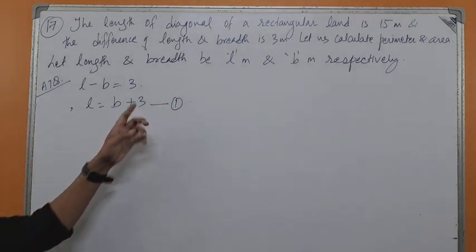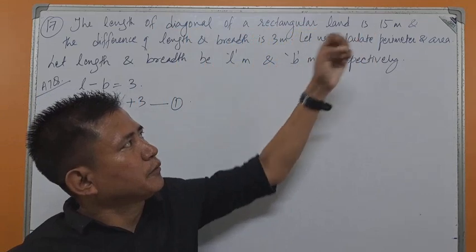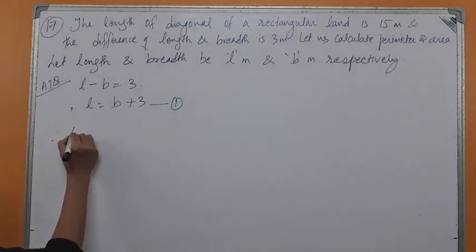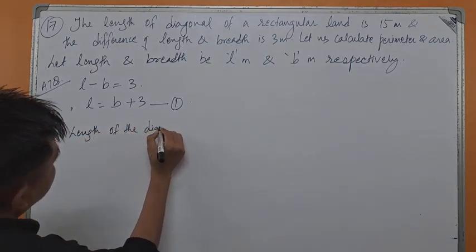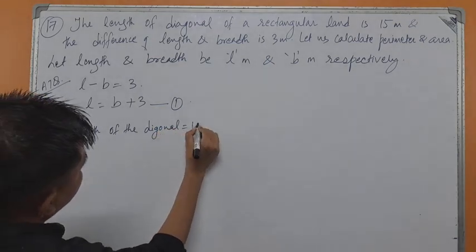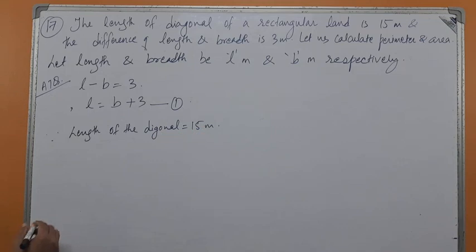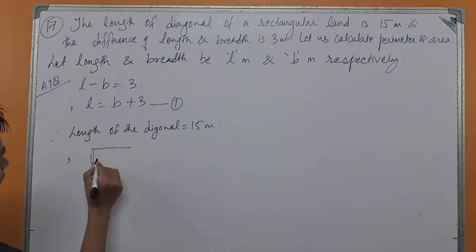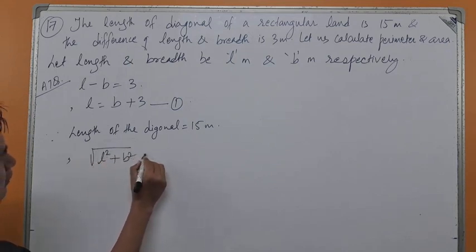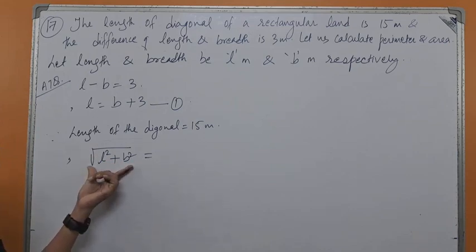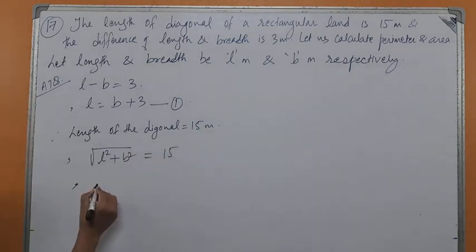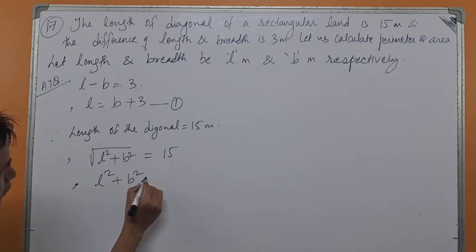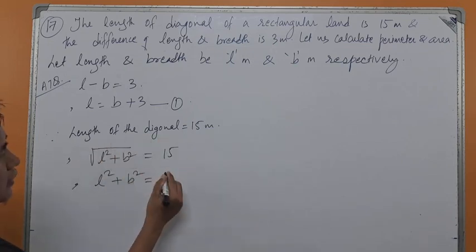Now the first condition: length of the diagonal of the rectangular land is 15 meters. So the length of the diagonal is given by the formula: if length and breadth are known to us, then the length of the diagonal is root under length square plus breadth square. Root under L square plus B square is the length of the diagonal, and it is given to us as 15. Or L square plus B square equals, this root when it goes to the right-hand side becomes a square,